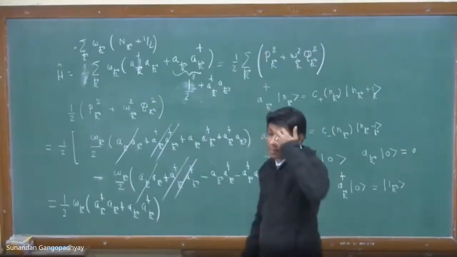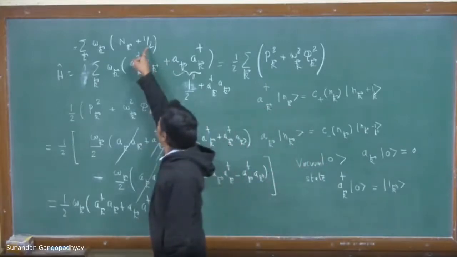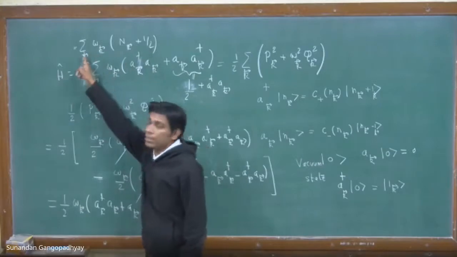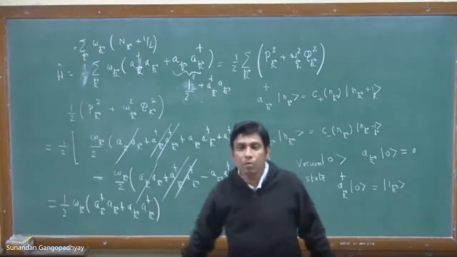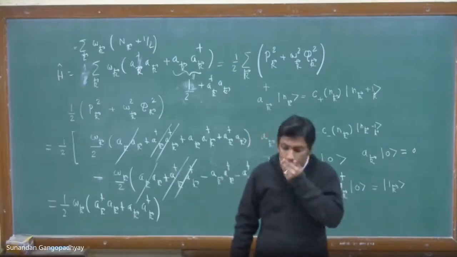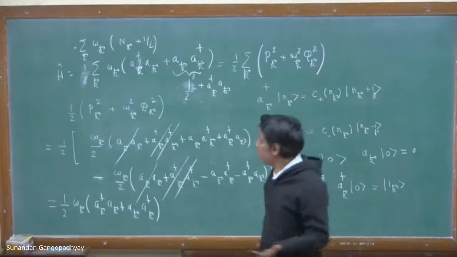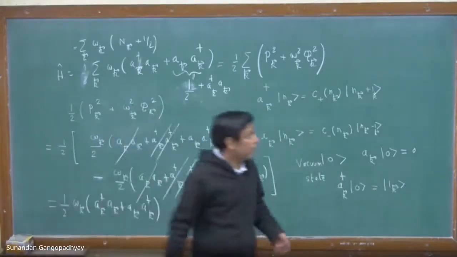And in the previous class, we discussed that you get an infinite contribution from this half omega k term because there is a summation over all possible momentum k. So that is an infinite ground state, infinite zero-point energy, when there are no particles. So what it basically says is the following. It tells you that,